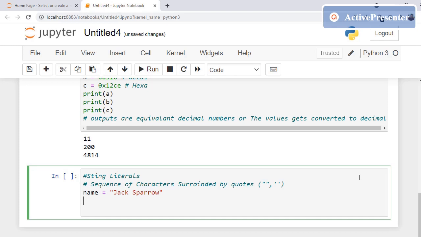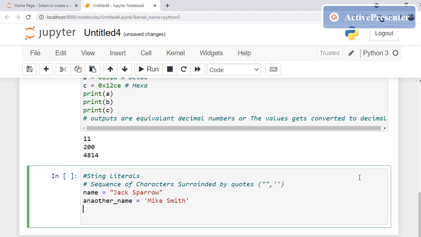For another example, I'll write another_name equals to, with single quotes, Mike Smith. None of my friends, I don't know who Mike Smith is. If you know, that is good. So this is how you can write variables with string literals. Next, for multi-line strings, we can use triple quotes.